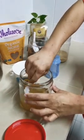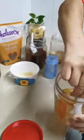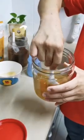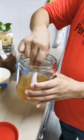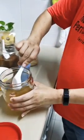Once it's in already, what you need to do is take your spoon and stir it. You don't need to stir it so much, just stir. After you're done with it,